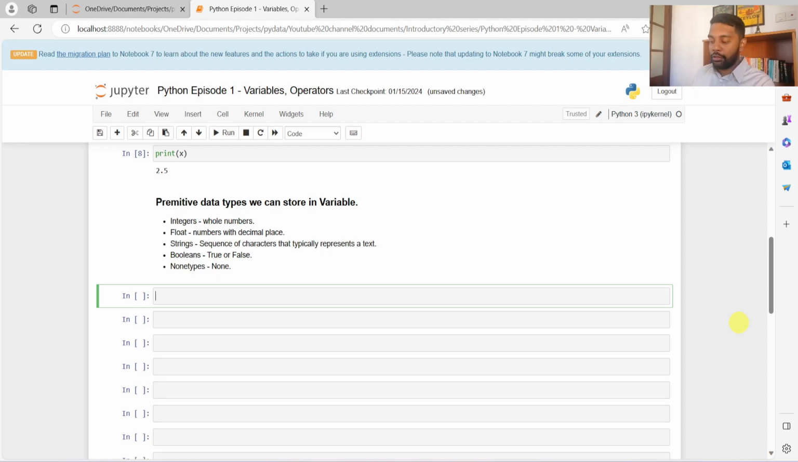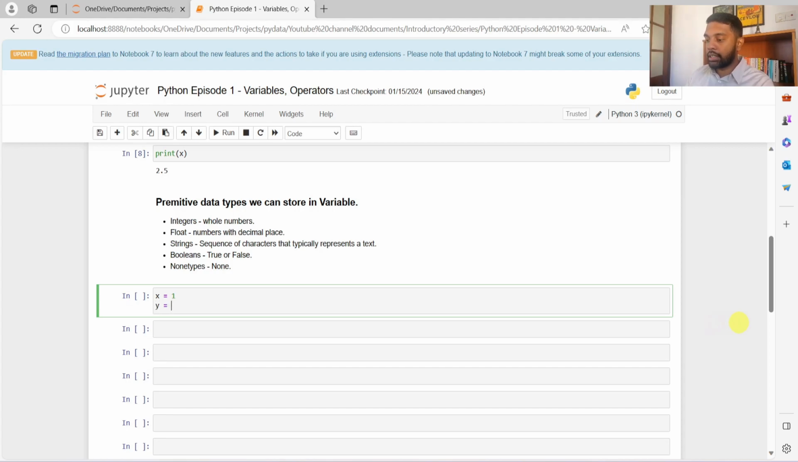decimal places. So let's say I'm going to declare a variable called x, and if I assign the value 1, that is basically an integer. But if for some instance I declare a variable called y, and if I assign a number with decimal places like 1.2, this is no longer an integer. This is what we call a floating number. So that is the second data type that I want to mention. So you have integers, which are basically whole numbers, and if there is a number with a decimal place, we